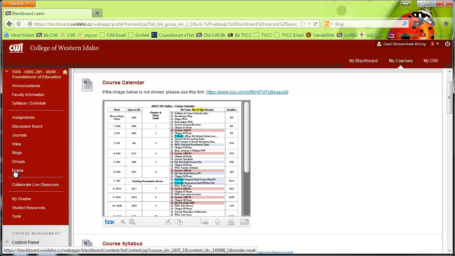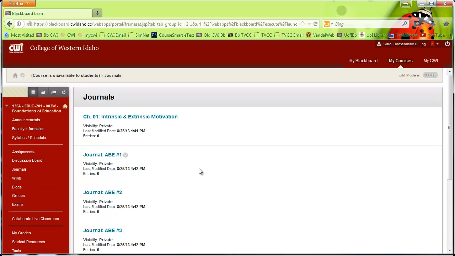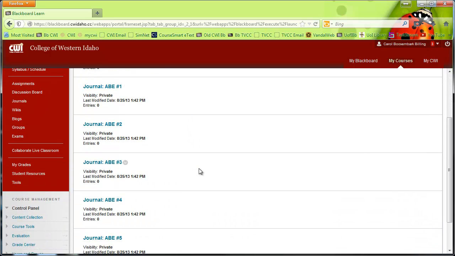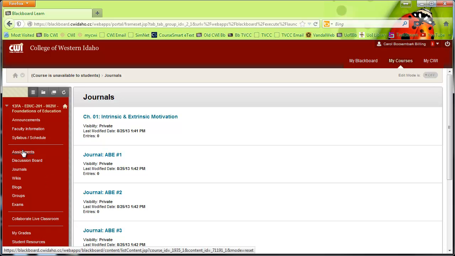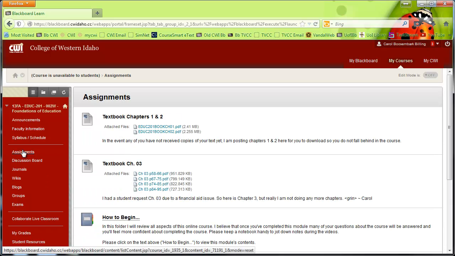And then exams. So the reason why I do that is at some point you might say, oh, I know I have a journal due, I just want to jump in and do the journal. So then you can click on journals, and then you can go straight to that specific journal and complete it. For now, though, what you want to do is go into assignments and start here and always work from the